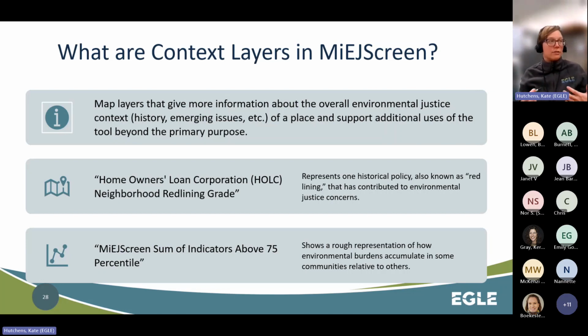Context layers give more information about the overall environmental justice context, including historical things, emerging issues, other kinds of things that are not part of that indicator list, but do help fill out the story and fill out understanding of what is going on in a community. And they also support some uses beyond that primary purpose that we talked about. The two examples that happen to be the first two listed on the MiEJScreen additional EJ context layers, as they're called,